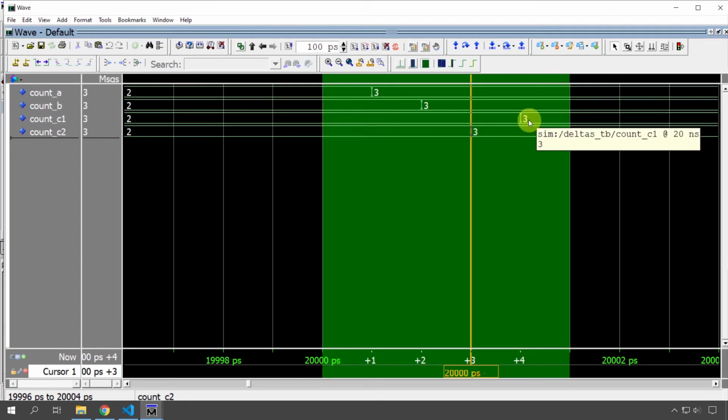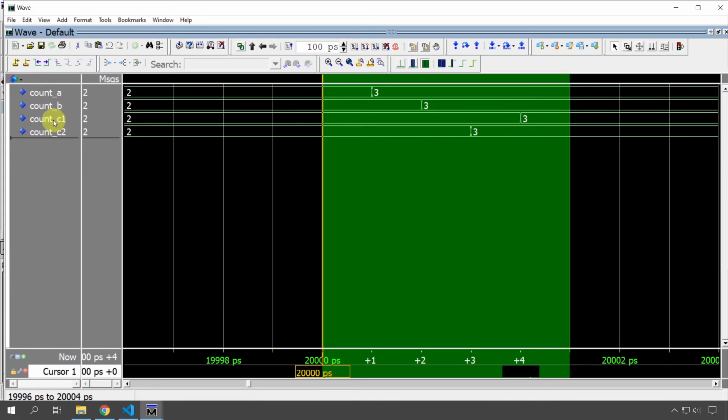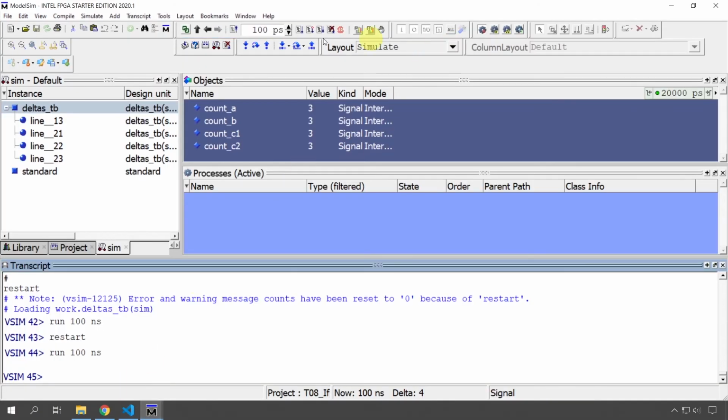And I think this is less useful than the delta cycle mode, because if we go to the code now and rearrange these signals so that the assignment to C1 is below C2, it's still in the same delta cycle because in VHDL it doesn't matter what the ordering of the signal assignments is, as long as they are in the same scope, at the same level. But if we save this now and restart the simulation, so notice that C2 actually here is changing before C1, this pattern. And if I restart now after recompiling